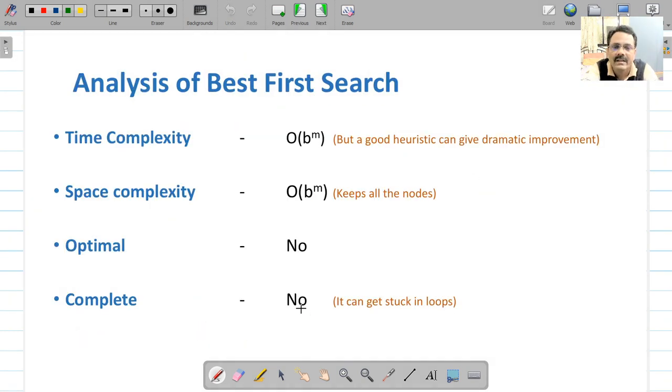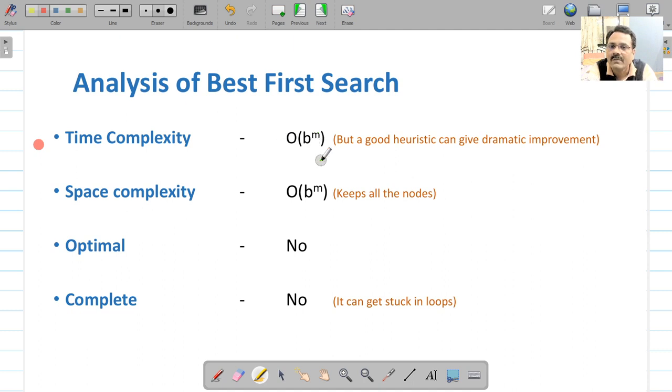Let us analyze this algorithm regarding its time complexity. The first parameter is its time complexity. As you can see, it has to backtrack, and if some other node becomes better than the existing node, the algorithm backtracks and explores that node, working like the breadth first search algorithm.